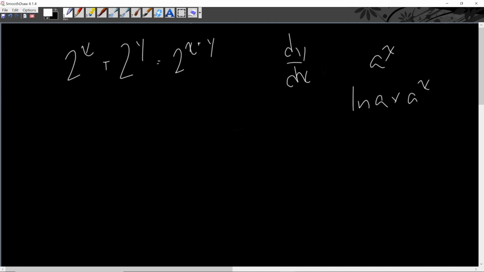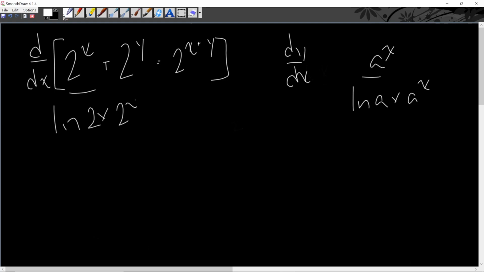So that's a relatively common derivative, but that's what we're going to be using for most of this. Now let's do this derivative. We're going to have d dx on both sides. Again, this is an operation, so anything we do to one side, we have to do to the other. So d dx of 2 to the power of x, if a is equal to 2, that's just going to be ln 2 times 2 to the power of x. And then same thing with 2 to the power of y, except again, since y is not explicitly defined as a function of x, we're going to have to multiply it by dy dx. So we're going to have ln 2 times 2 to the power of y dy dx